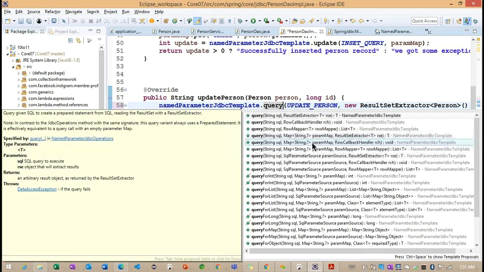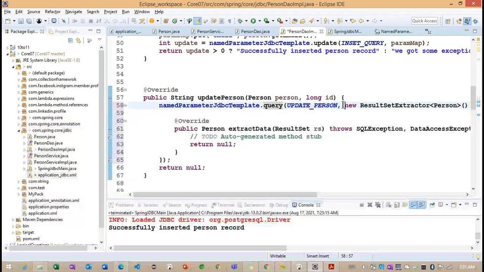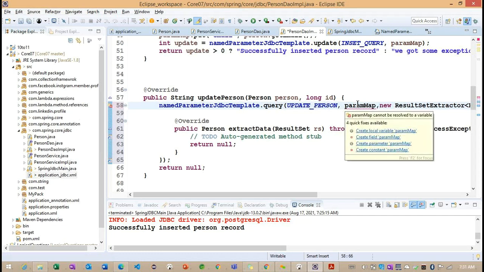Okay. And here they are expecting a result set extractor map object. Here we need to specify the param map, param map comma.